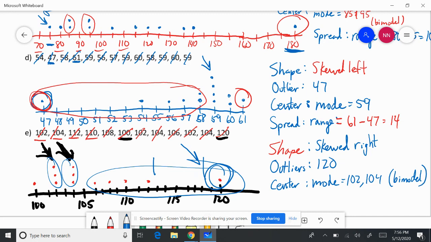And the last thing that we're going to do is look at our spread. And our spread, we're focusing on the range. The range is our maximum, which is 120, and our minimum, which is 100. So that means our range is